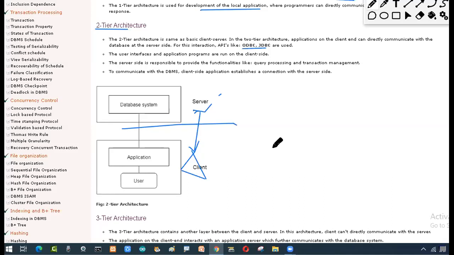One more example I can tell you. You will be catching a bus. This is your destination, and you will be picked up from one place and dropped at the destination. All the people will enter the bus. So you want to get dropped at a particular place. The conductor will take the tickets and say the destination is such-and-such, at such-and-such amount. So he will guide you. That means you are interacting with the conductor. He is an application for you.